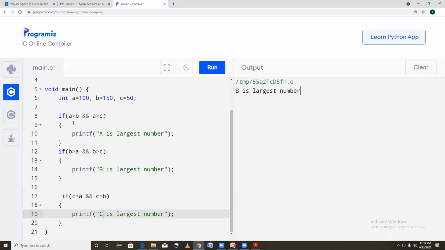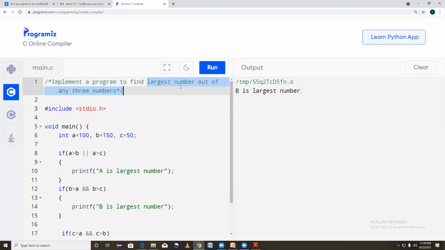Yes. Okay. So when you use this OR operator, it means either this condition may be true or this condition may be true. If either of the two conditions is true, the statement will execute. But this is not the case with finding the largest value.